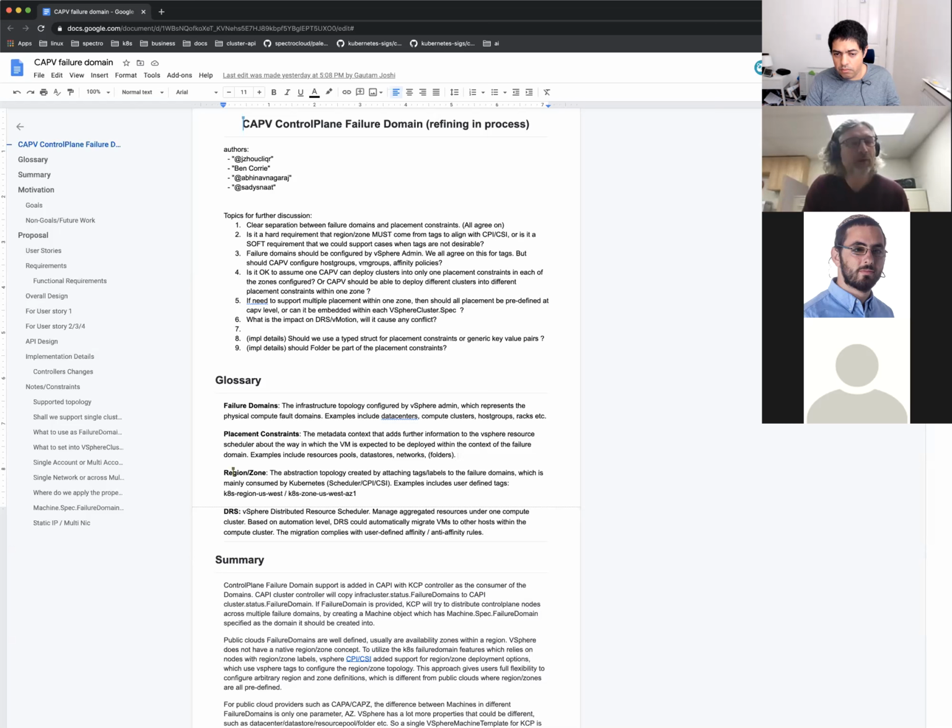Is host group actually a vSphere construct? It sounds like it is. I haven't come across that. It is, I think. Okay. But you can't tag a host group, it sounds like. It is not like an inventory path. It's a different concept, a different level of abstraction. It's not like the compute cluster. So that's weird. It doesn't show up in the inventory.